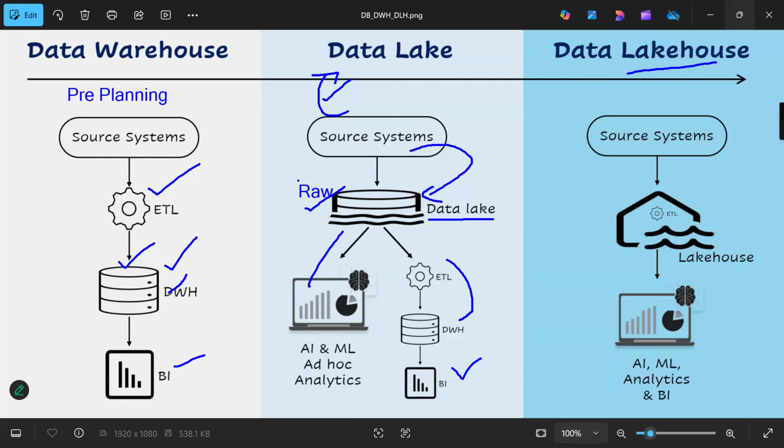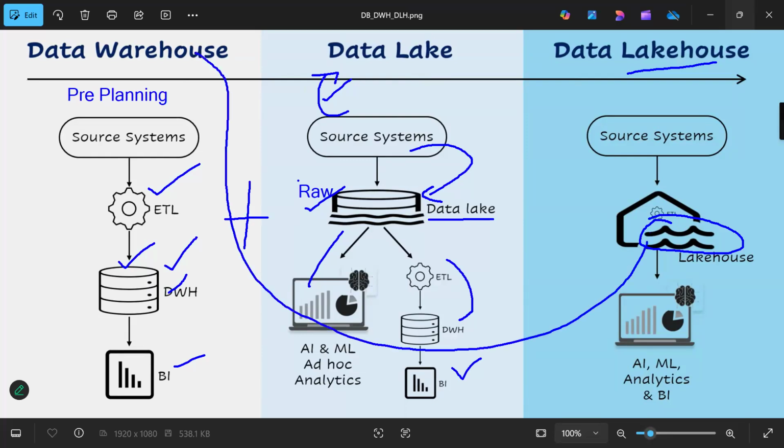Then what is a lake house? A lake house is a combination of the warehouse plus the data lake. We call it the delta layer here, which enables the properties of data warehouse concepts.